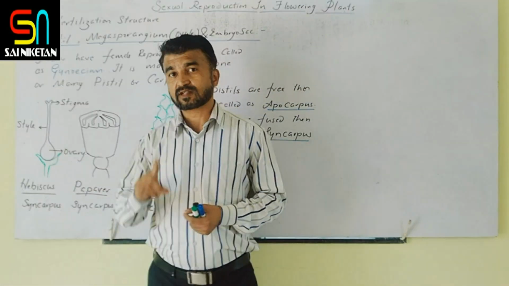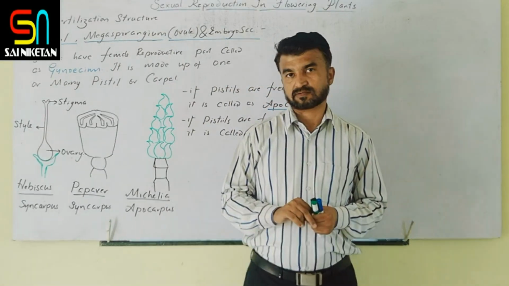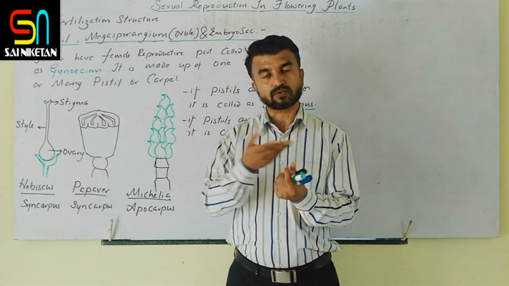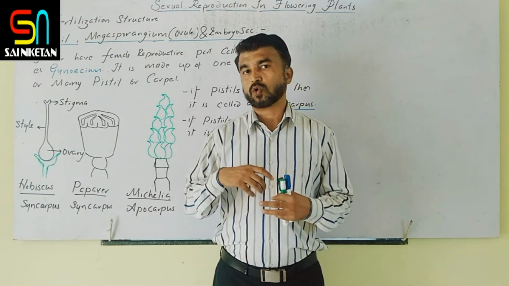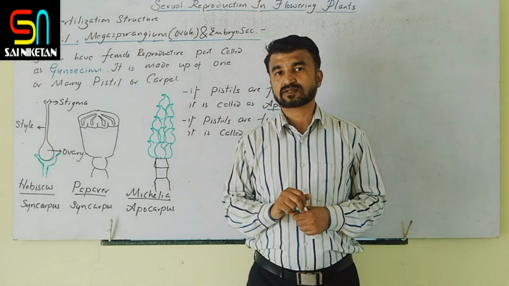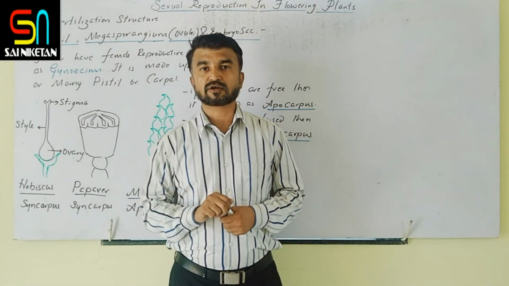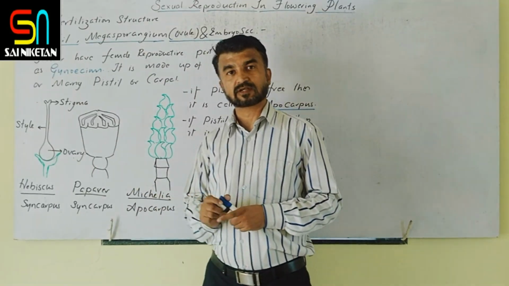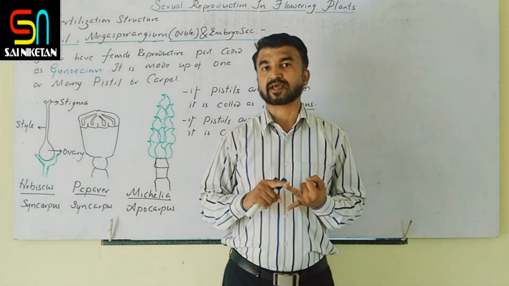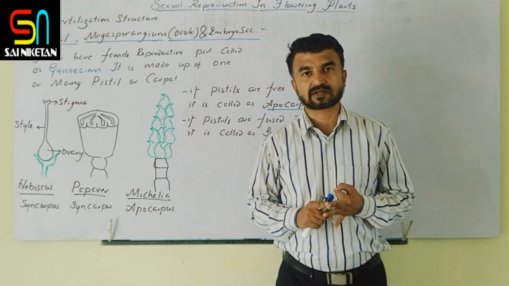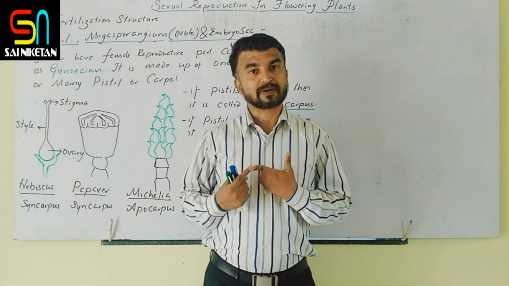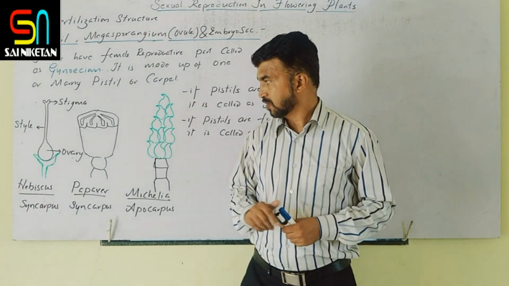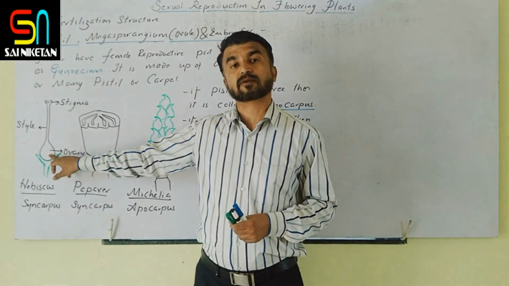Clear? So in first year another heading has come, that is placentation. Can you remember? So placentation means if you take the transverse section of ovary, in that the ovules are there. Placentation means it is a pattern of arrangement of ovules in an ovary. Clear? So in first year, in placentation, marginal placentation, axile placentation, free central placentation, parietal placentation, basal placentation, 5 placentation definitions and types have come. So inside this ovary ovules are present.